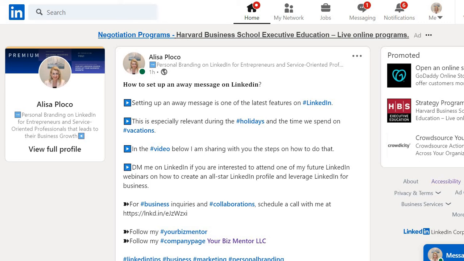How to change your connect button on LinkedIn to follow button. Now let's say why anyone would do that. So there could be a couple of reasons behind that. One of the reasons would be that you already have a lot of connections, and then